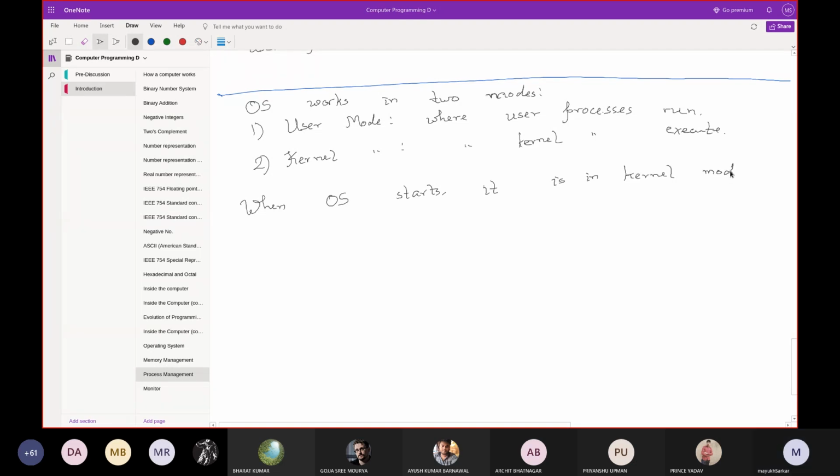It starts everything, all the processes that I have discussed, forks them, does all the necessary jobs, creates the environment for the user, and then enters user mode.